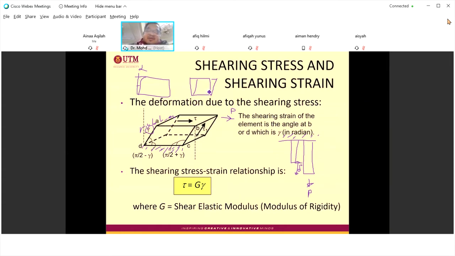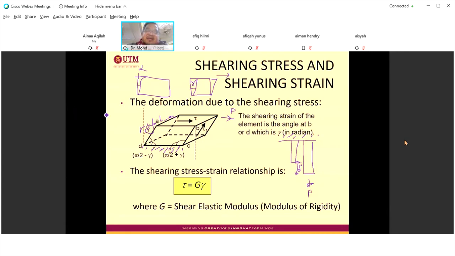If P is very big, you make the angle bigger. If P is small, you make the angle small. Same like this. The deformation for shearing stress is the angle